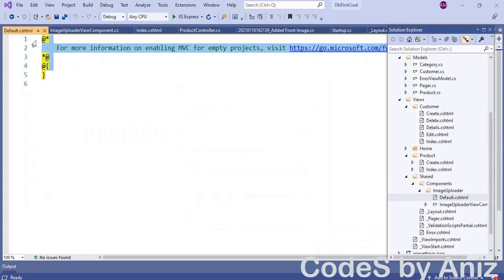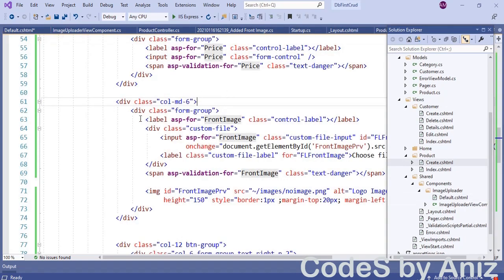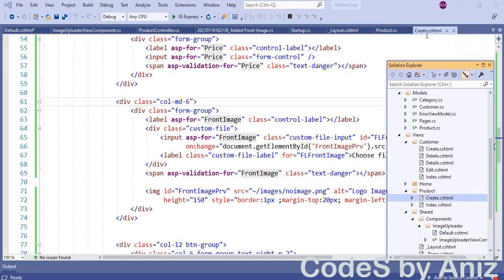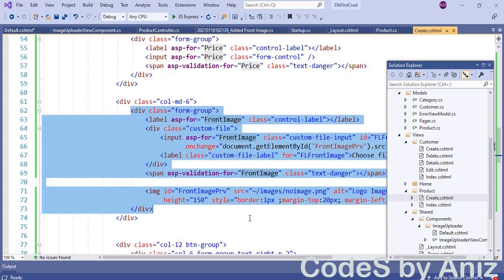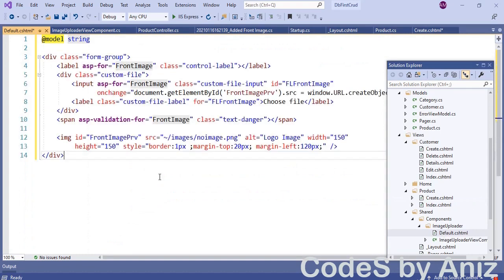Then delete all the content from the default.cshtml and add the model as string to the default.cshtml. Then open the create.cshtml file inside the product folder. Then cut the div which contains the image uploading code and paste the code into the default.cshtml.